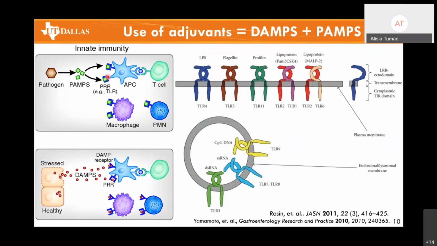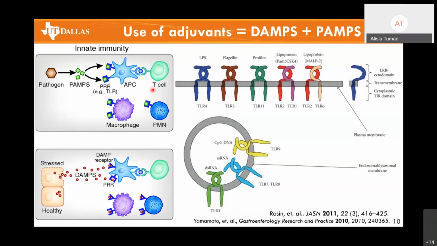Adjuvants will exploit the PAMP and DAMP associated molecular patterns. And in the case of PAMP, you can have an adjuvant that mimics a pathogenic bacteria or virus and will bind toll-like receptors on immune cells, and it will stimulate the immune response, which will be accompanied by inflammation, hopefully acute inflammation, activation of adaptive immunity, and eventually will proceed to resolve the infection and allow for tissue